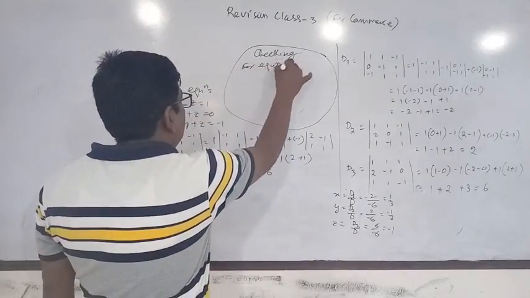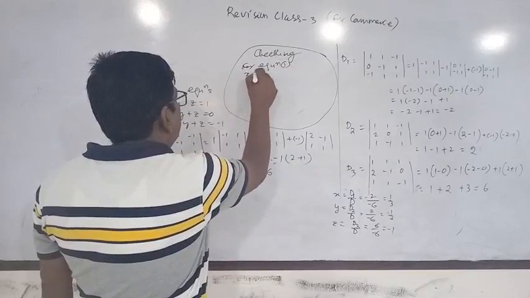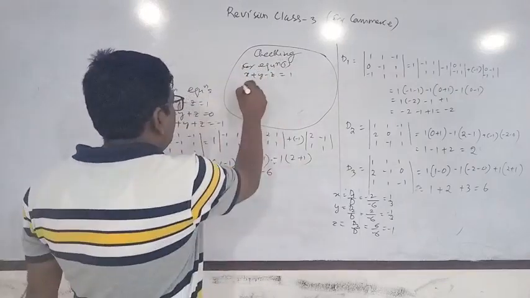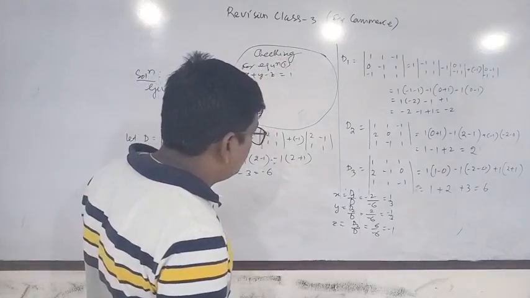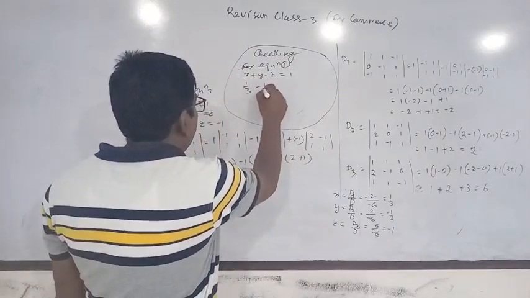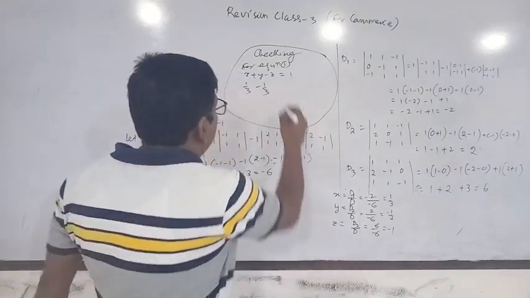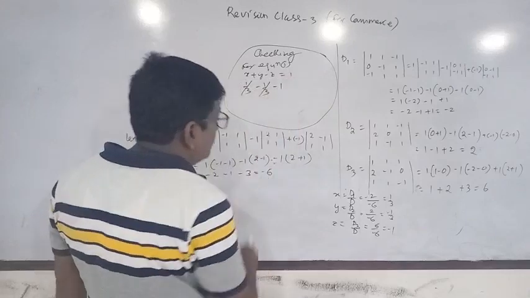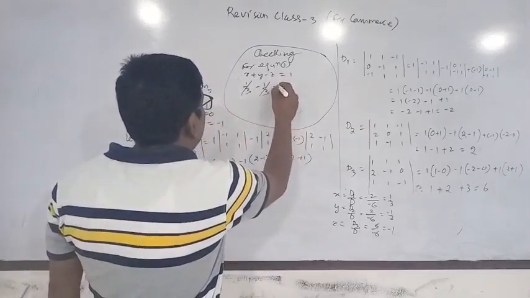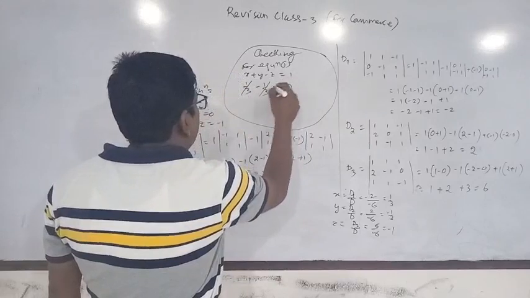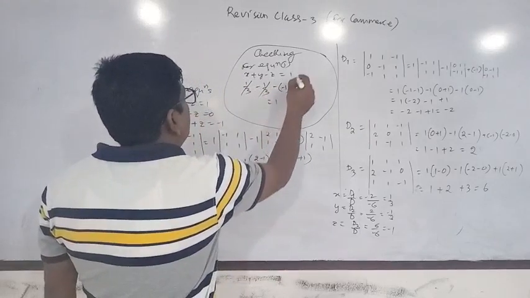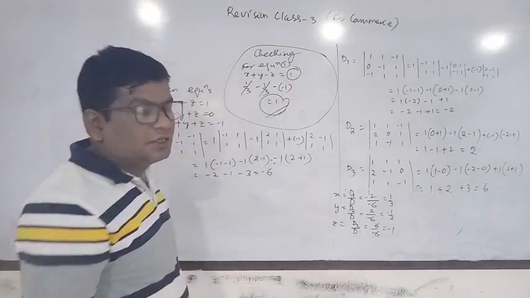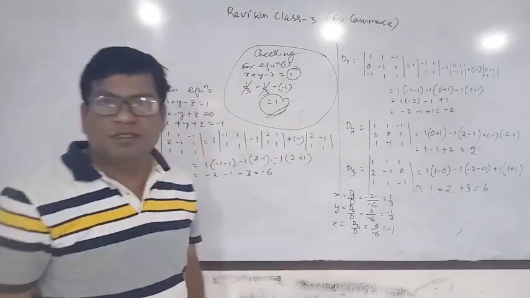For equation 1, x plus y minus z is equal to 1. So x value is 1/3, y value is minus 1/3, z value is minus 1. So cancel, this is what? Minus of minus, plus z into minus of minus 1. So cancel, this is 1. So right side is 1. So this question, answer of this question is correct and calculation are correct.